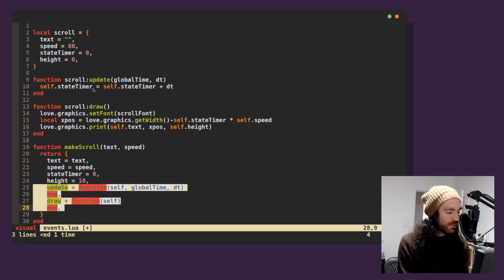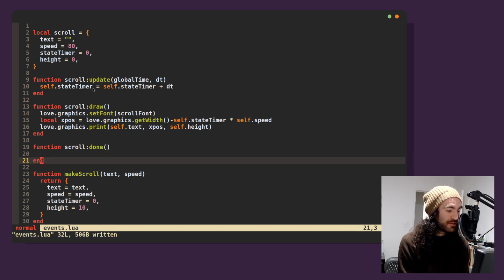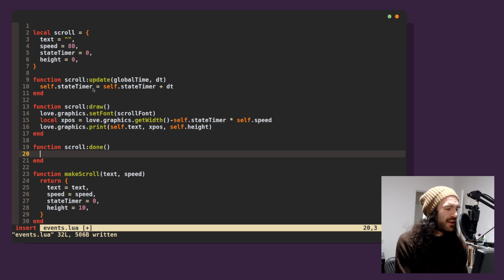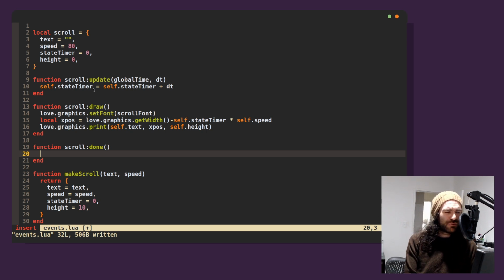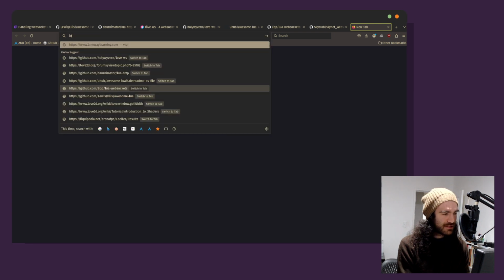And we also want something else. We want something to know if we're done with this. We want to call it, I guess, done, right? So if it's done, we're going to queue up the next thing. Easy. And this is a bit trickier though, because how do we know when something's scrolled off of the screen? Okay, we need to know how long the string is graphically, and there might actually be an API for this. Love2D